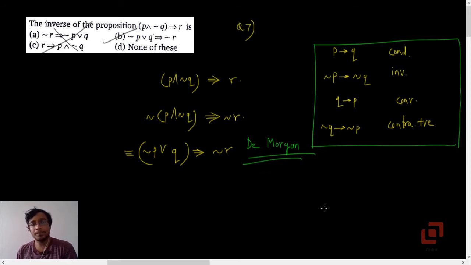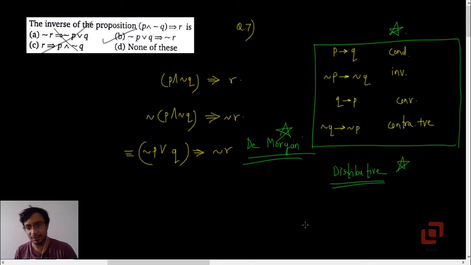Now as I said earlier, most of you know this very well. But when it comes to the laws of logic, then I don't know why, but there seems to be some problem. So get used to the laws of logic as soon as you can, particularly De Morgan's law and the distributive law. If you know these two laws and how to apply them the other way as well, then I think there should not be a very big problem for you. So that was question 7.